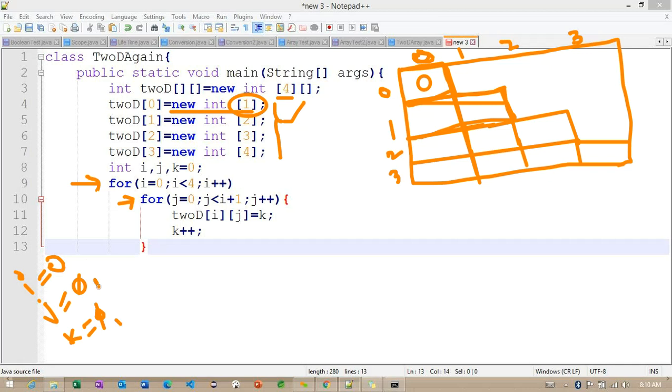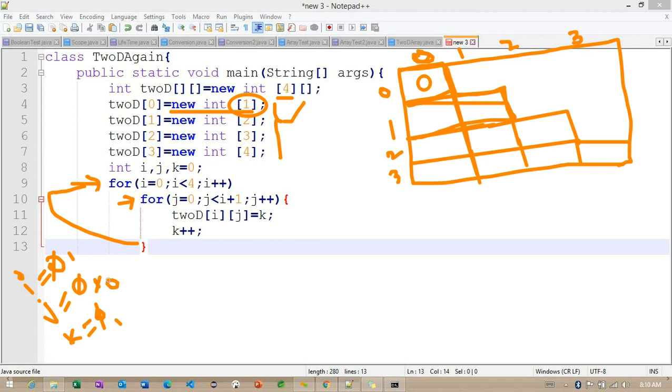I value 0. So 0 plus 1, 1. Right, J also 1. 1 less than 1. The condition will become false here. Once the condition becomes false, it moves on to the outer loop here. Whenever the outer loop repeats, I value will become 1 and J value will become 0.